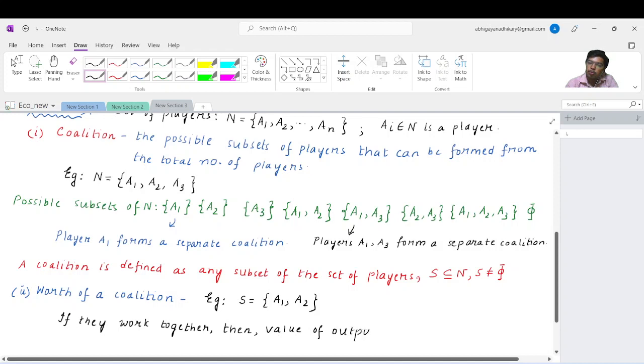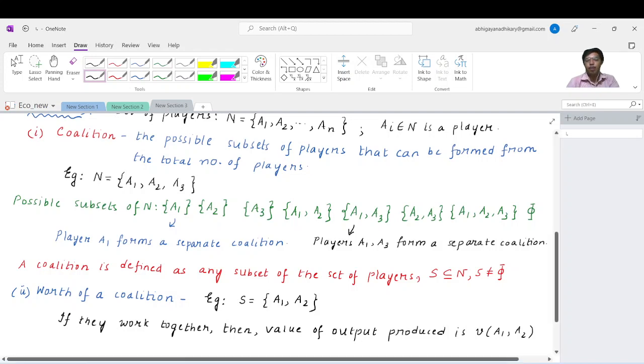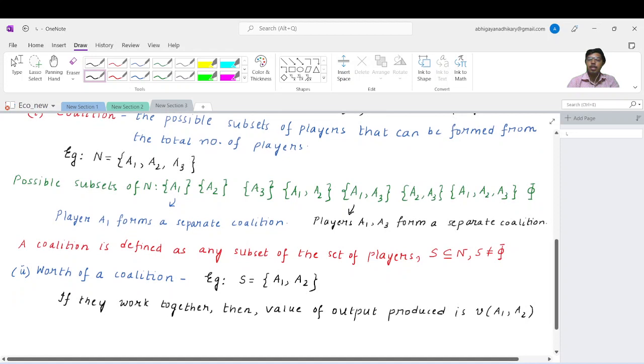Value of output produced is V of A1, A2. So this is basically how we denote it, the worth of a coalition. That means if two or three, any subset of players come together, then what is the total possible benefit that they can generate? That is essentially what we call the worth of the coalition, which is denoted by V of A1, A2. Hence, in general,